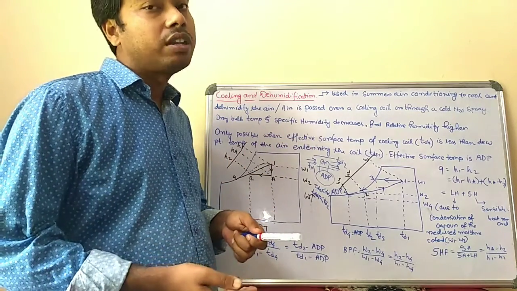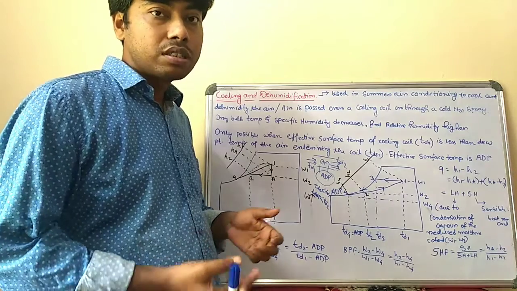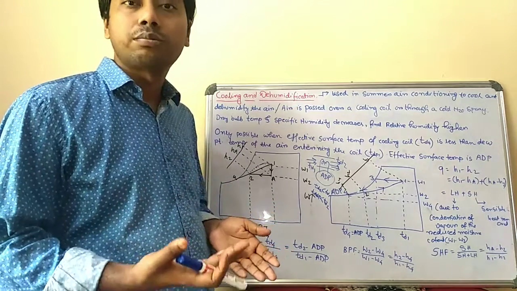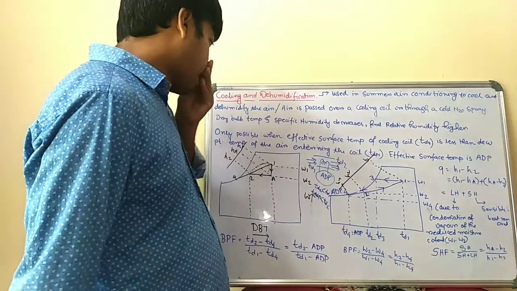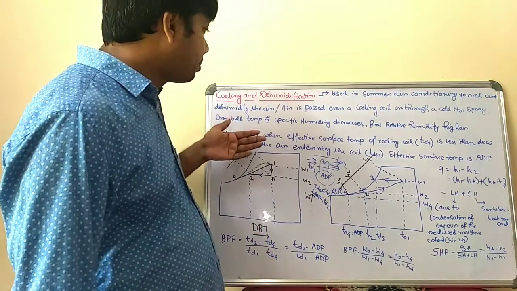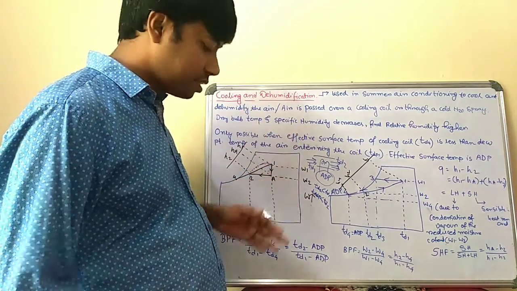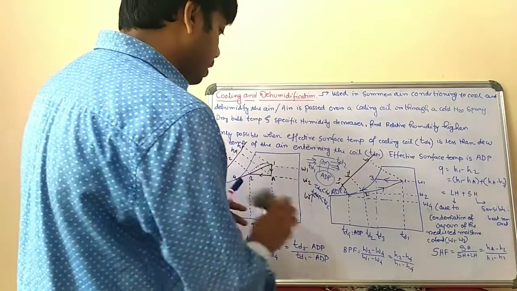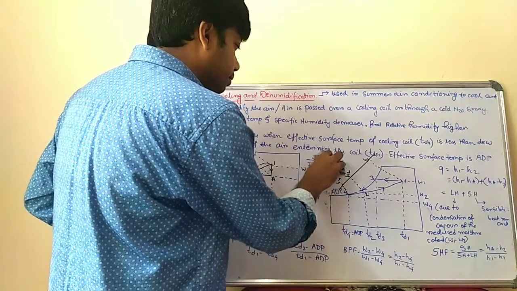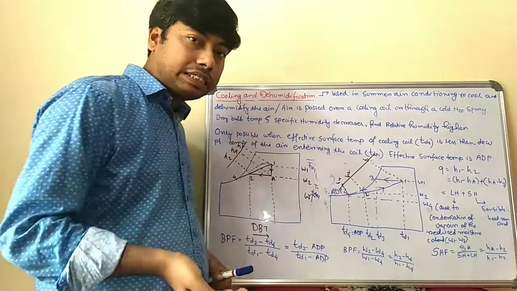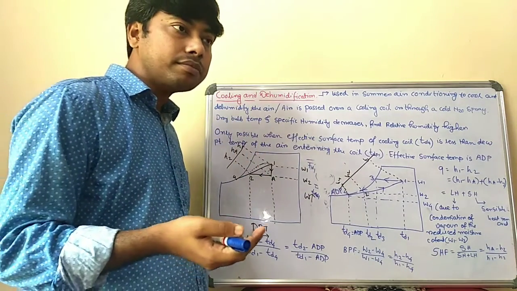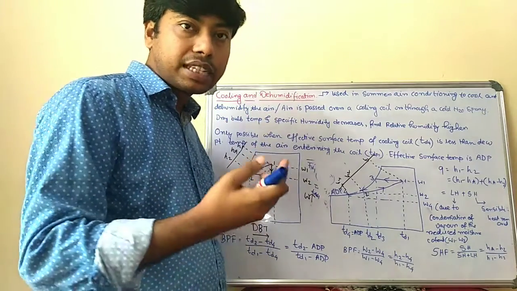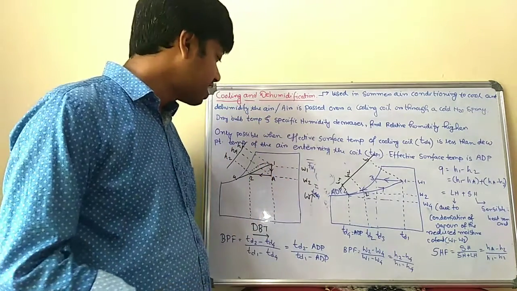Okay, then it is only possible through the condensation process, so that some moisture is removed and the dehumidification process is complete. Now in this process, the dry bulb temperature as well as the specific humidity decreases. If the dry bulb temperature decreases, that means the temperature reduces, that means the cooling process takes place.